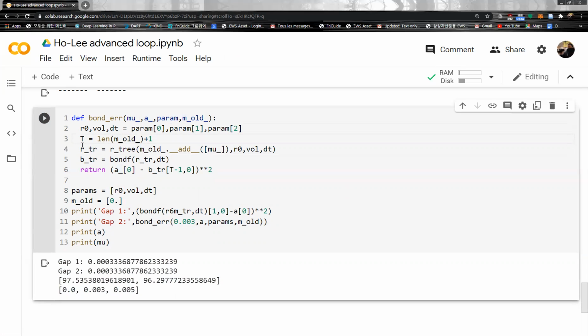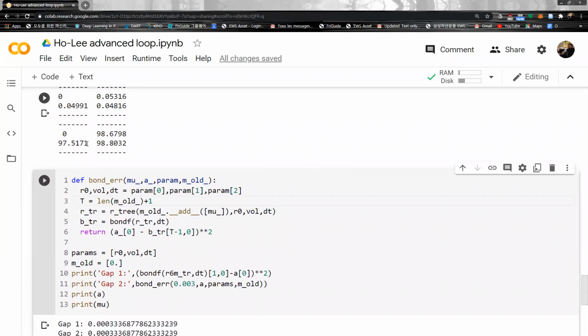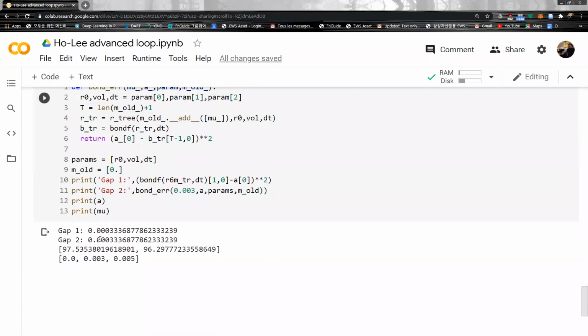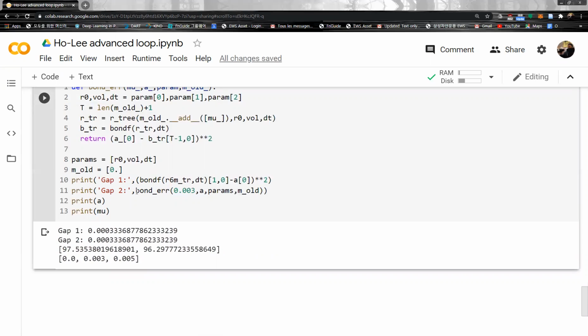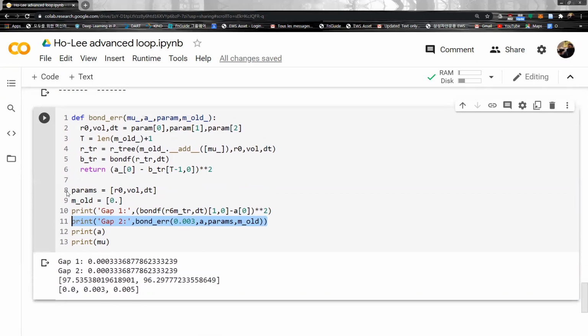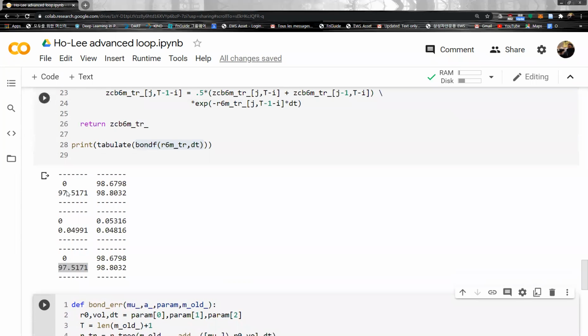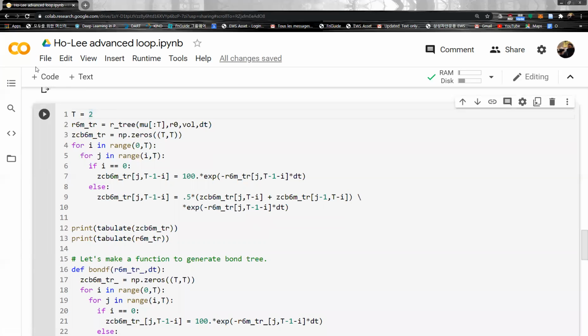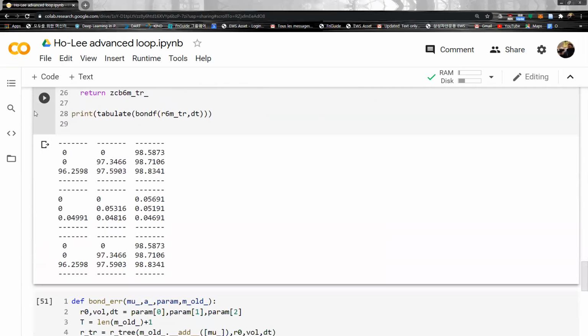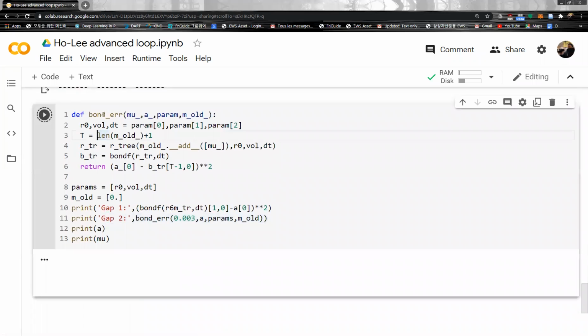So here basically, I created a function that calculates gap between our theoretical value here. Theoretical value is this one, and then this one, A1. So yeah, this is just the manual value, and this is what I calculated from the function, so they look same. Okay, let me try the second one. T equal 2, t equal 3. Okay, here it looks like this, and then